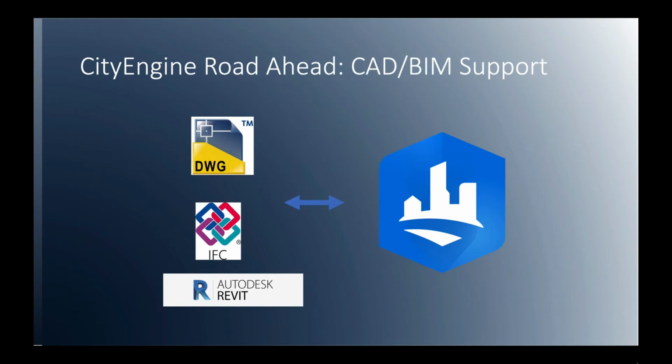CAD and BIM support in CityEngine is coming, which is obviously great for AEC, as the 3D object feature layer is using the CityEngine importers and exporters. We're currently introducing support for CAD and BIM files in CityEngine. This means that you'll be able to drag and drop georeferenced CAD and BIM files into CityEngine and visualize them. Same deal here though, we're not yet entirely sure when all this will happen, but it's all in the making.